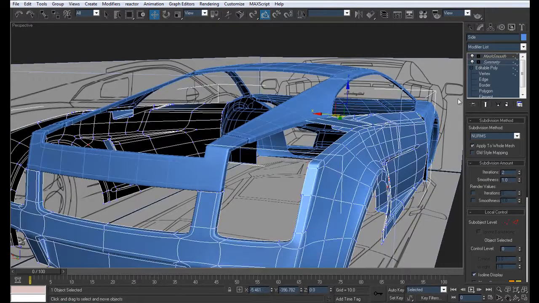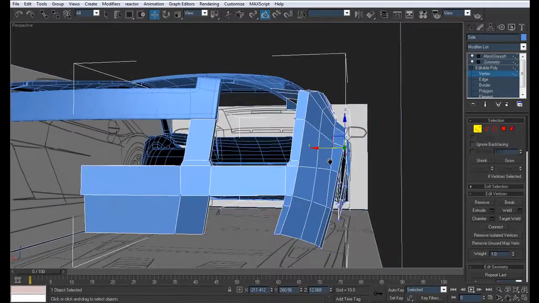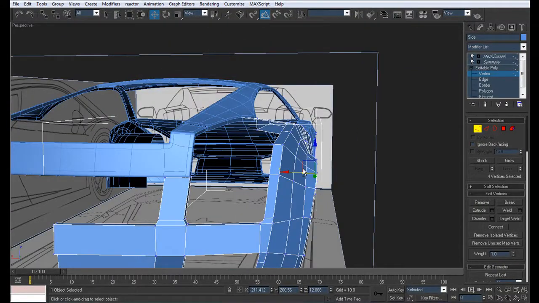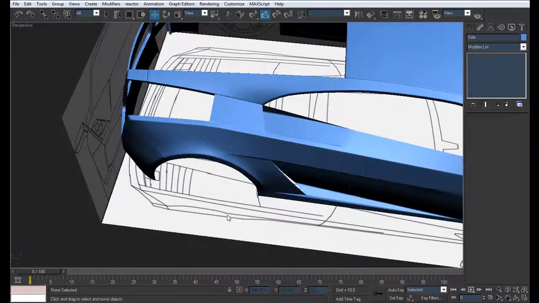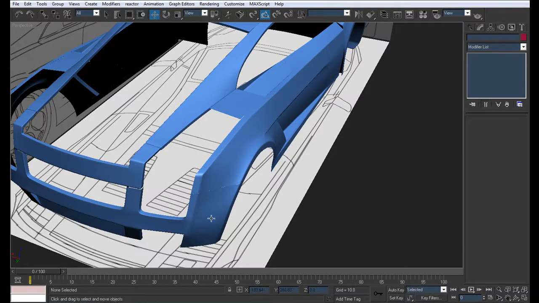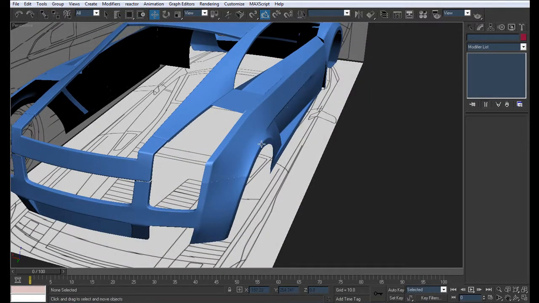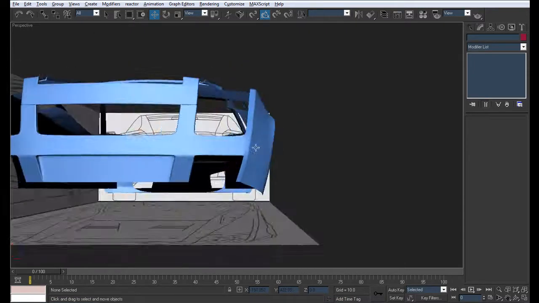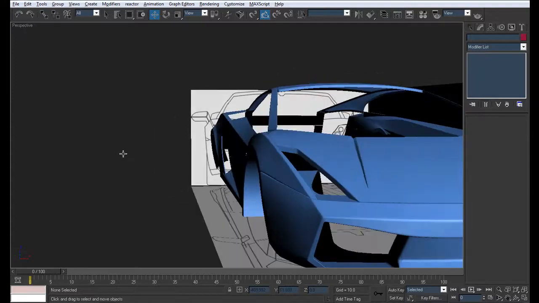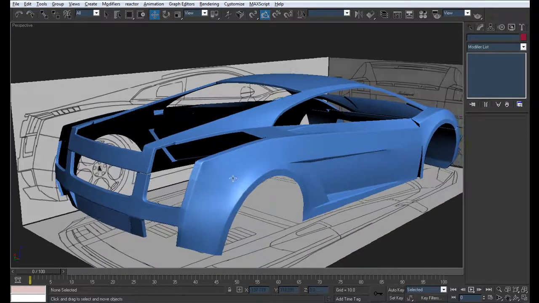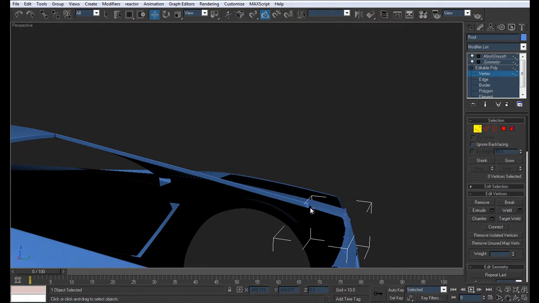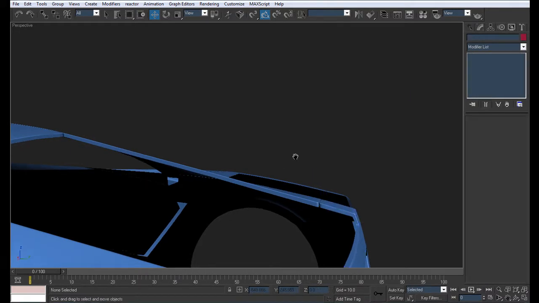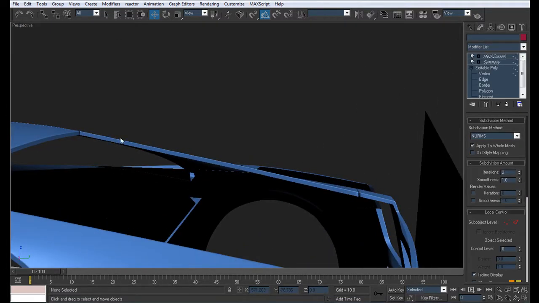Now, what I want to do later on when we're done modeling vents is drag these edges outwards to make it a nice smooth edge, because so far it doesn't look very realistic right here. So I want to drag this whole edge outwards to make a nice smooth curve over here instead of it going inwards and up. Yeah, make it look more like the actual car. Just make a bit of adjustment there. That's good enough. Alright, so